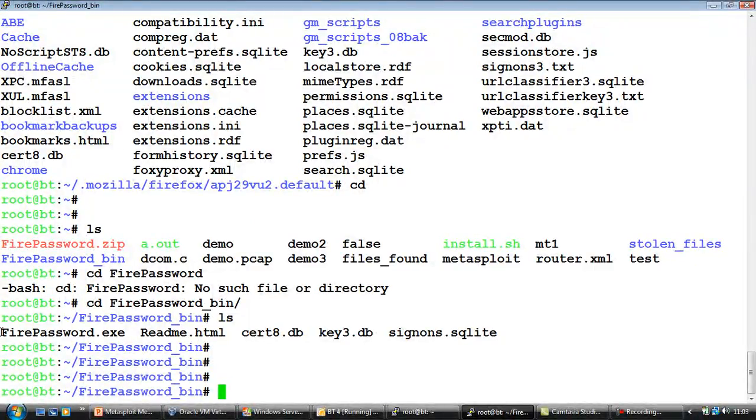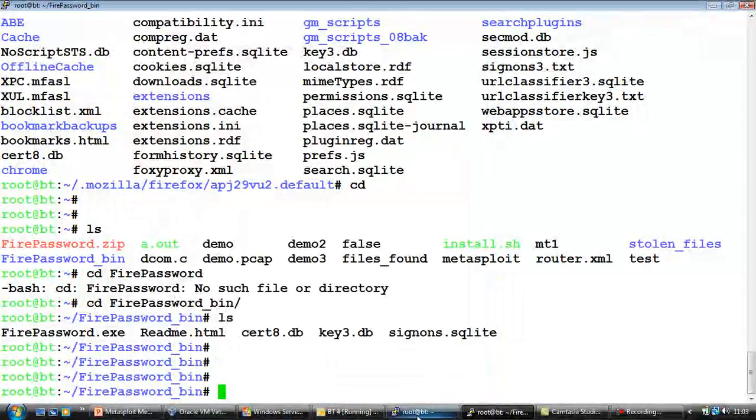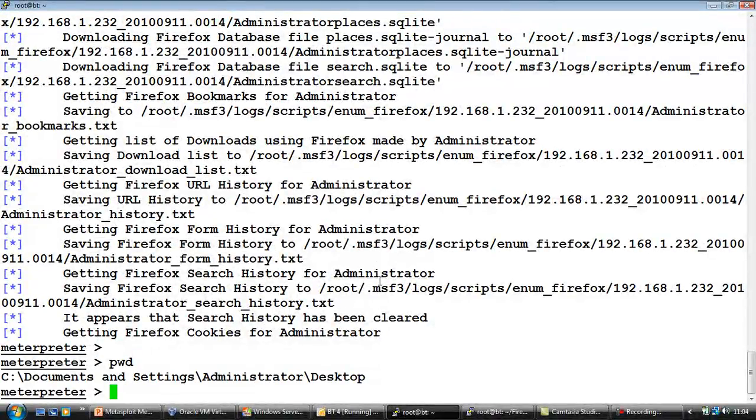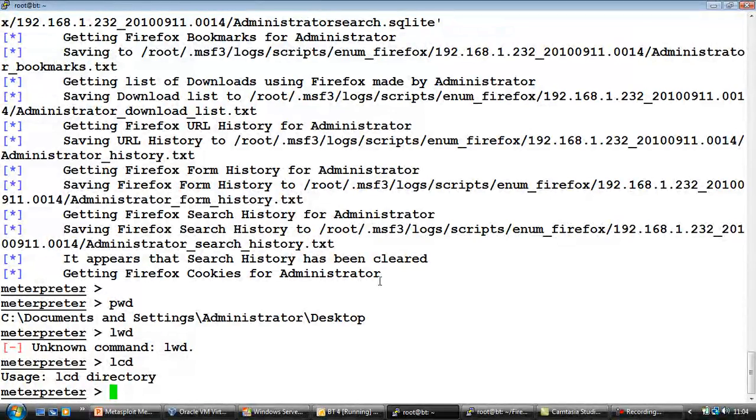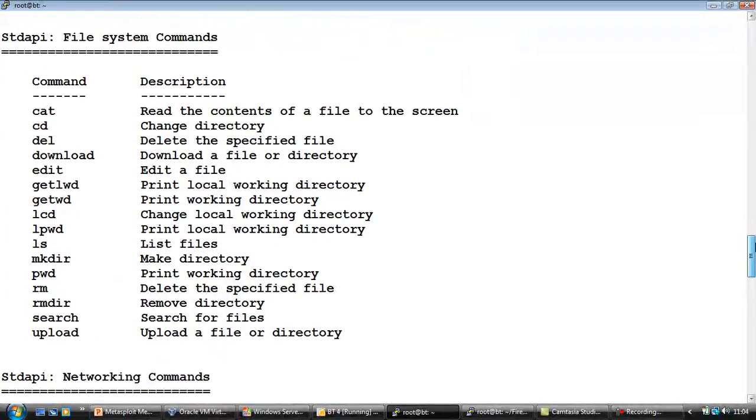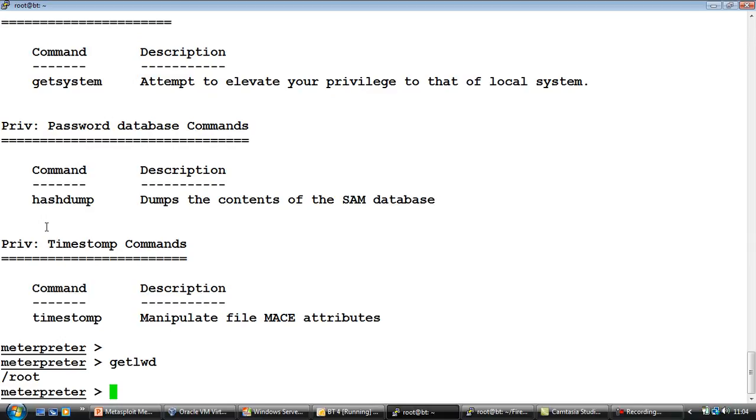Now, FirePassword is a simple exe file. What we will do is go back to our Meterpreter terminal, look at where we are currently, and also look at, I forgot some of the commands to check the local working directory. That is basically getlwd, and lcd is to change it. So right now we are in root. Let's change this to /root/